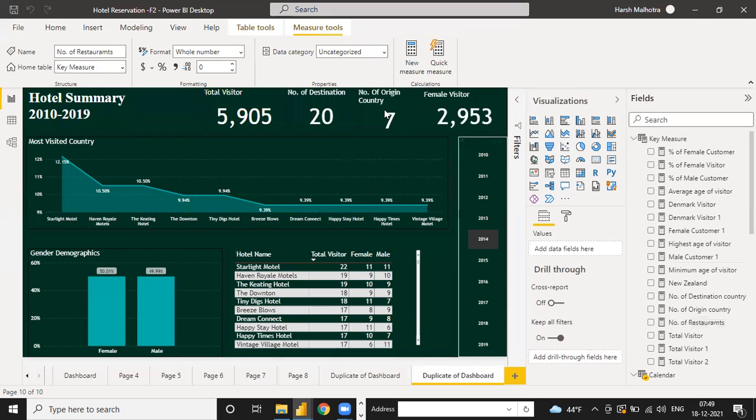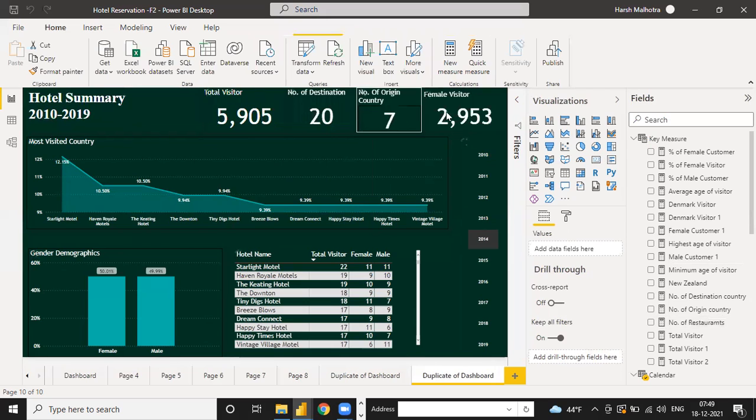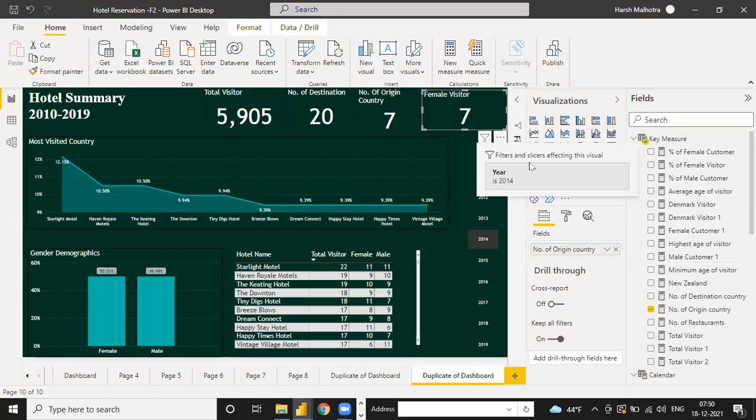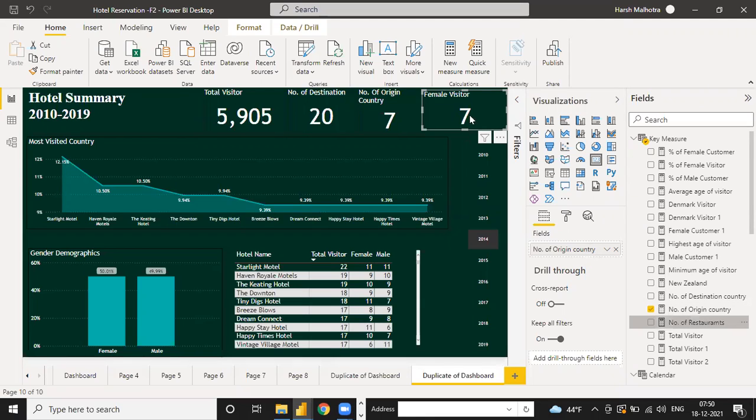And in the same way, you can remove number of origin, or visitor, because I don't want visitor here. So instead of visitor, you can use your number of restaurant. Oh, sorry, number of restaurant. So 614. So the total hotel is 614.